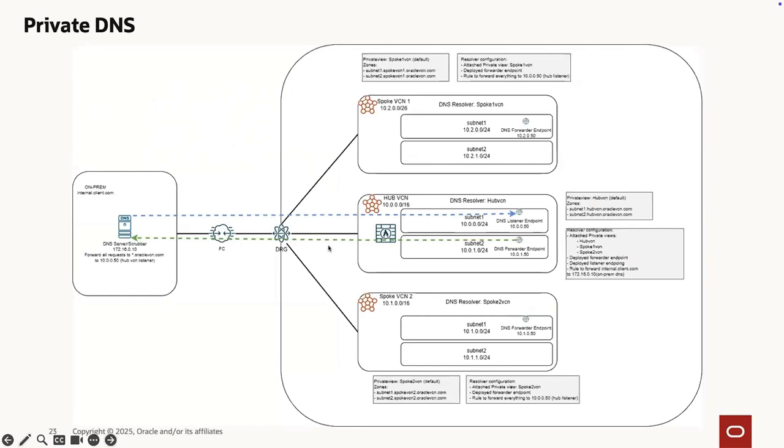If you look at the diagram here, it might be a little hard to read because we've got a lot going on. You can see we have some private DNS views, so that's a collection of private DNS zones. And then we also have private DNS resolvers within here as well. So that's going to have a dedicated private DNS resolver, which will contain the configuration that serves responses to,